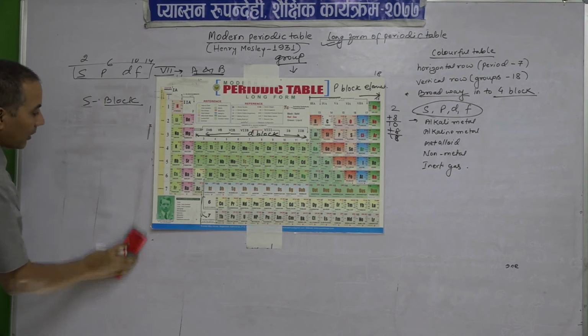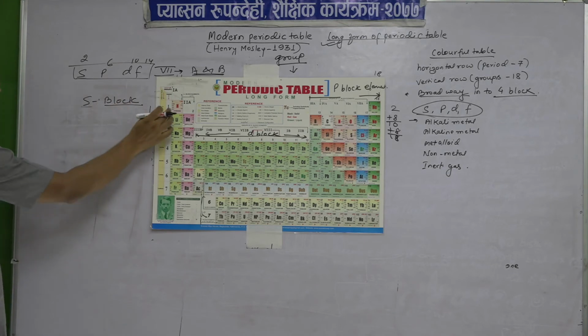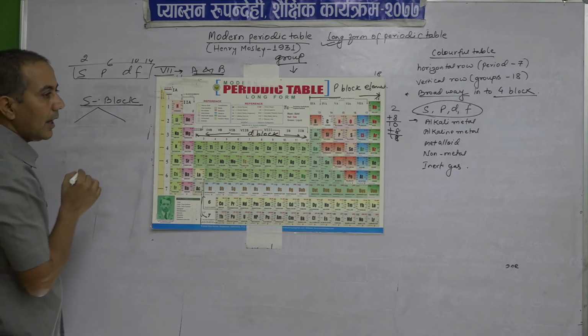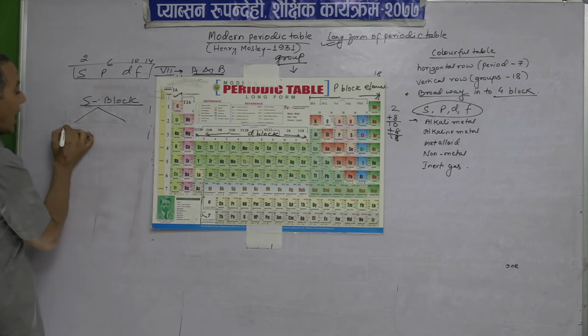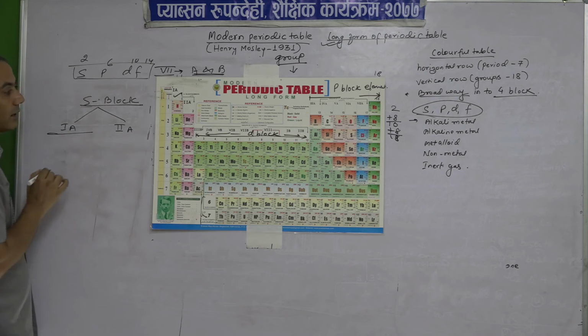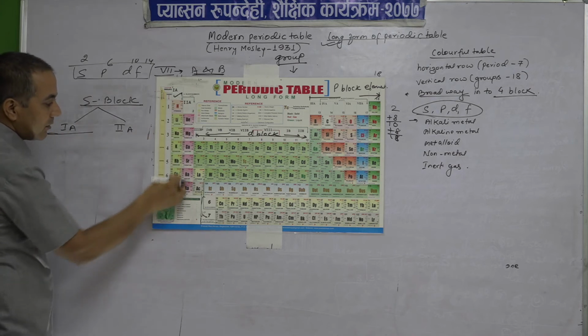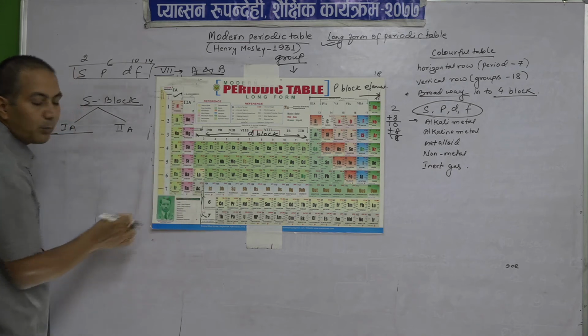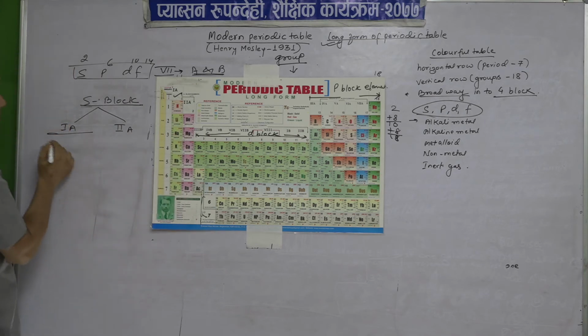Now we will go into detail on the other parts. For now, this is only for the explanation of this periodic table. The S block consists of 2 types of elements, 1A and 2A. The first one, the color of these elements in the periodic table is not a proper color, but it is light brown. That is the alkali metals.